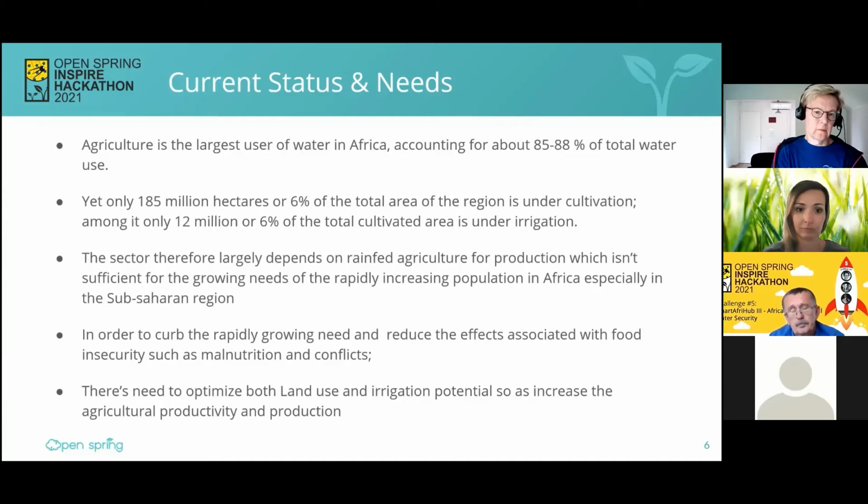So our solution here is that we thought for solutions and realized that there's need to optimize both land use and irrigation potential, so as to increase agricultural production and productivity.